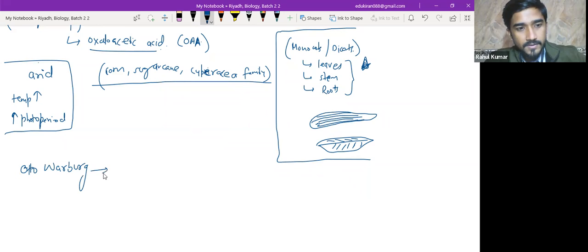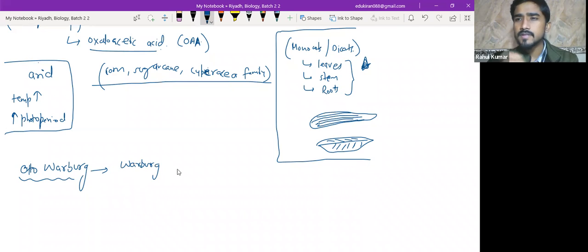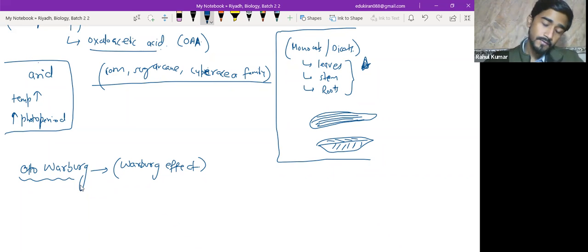So this is an entrance question. I don't think it will be asked in your boards because I don't think it's in your NCERT, but it's important. So Otto Warburg found something which is known as the Warburg Effect. Because we are talking about this, I thought let me tell you about it. Just write it down. So what did he figure out? Warburg made an observation